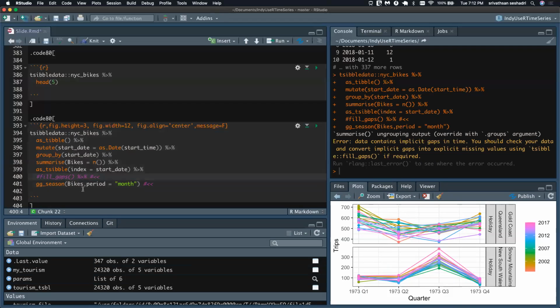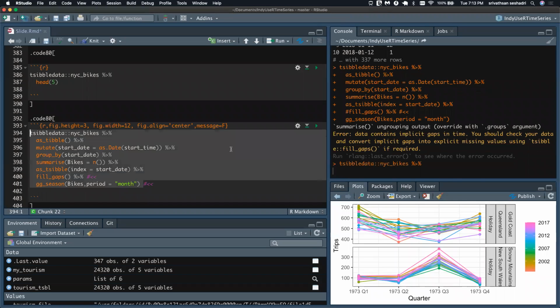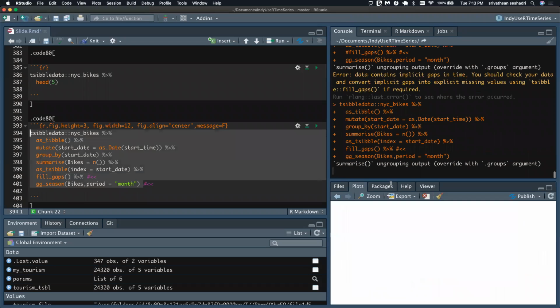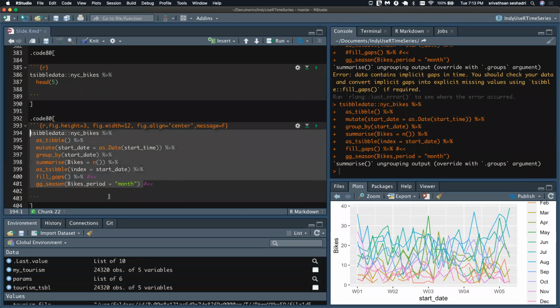However, it allows me to fill gaps, okay? So there's a function called fill_gaps that will allow me to fill the missing dates. Now it started to work, right? Have you noticed I have set my period to a month, right? The initial tsibble said the frequency is by day, right?